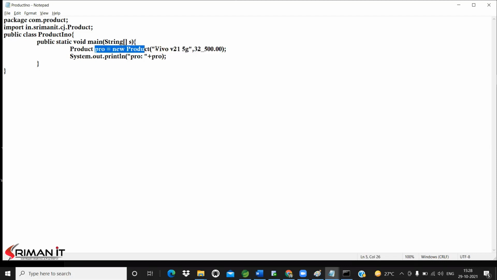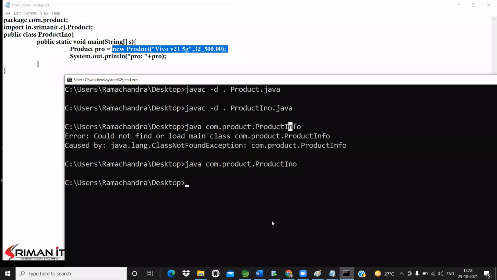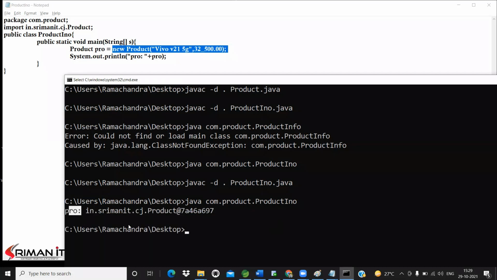We have the object. Let us check what we are going to get. We are going to get output like in.srimanit.cj.Product@ followed by the memory address in hexadecimal format.